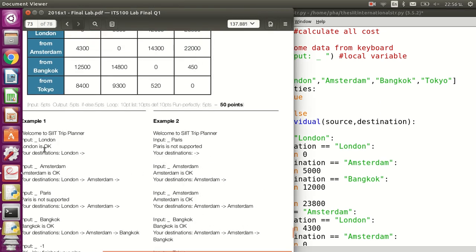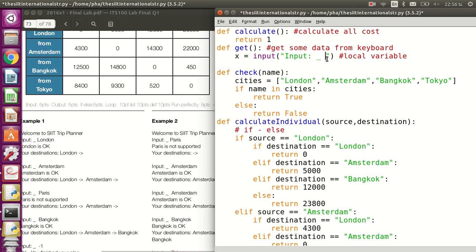Now we need to check if it is in the cities list. You can do it like this one. If check x here, which will replace the name here with the value of this variable, and